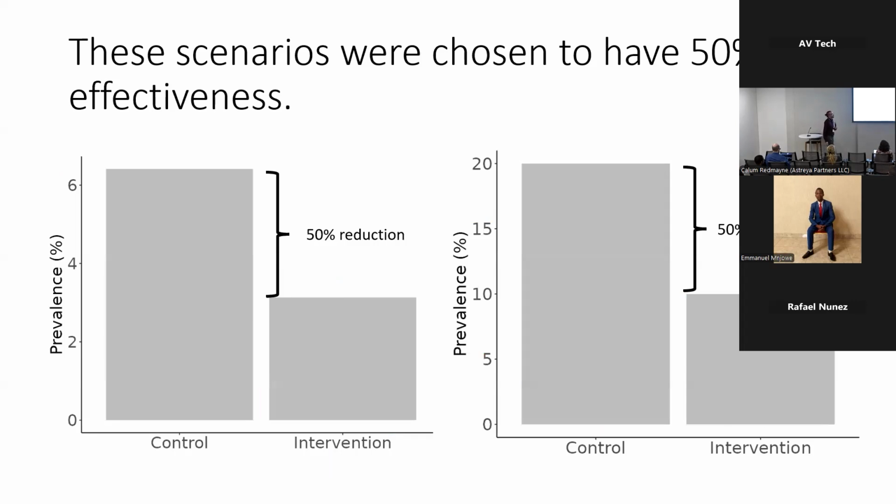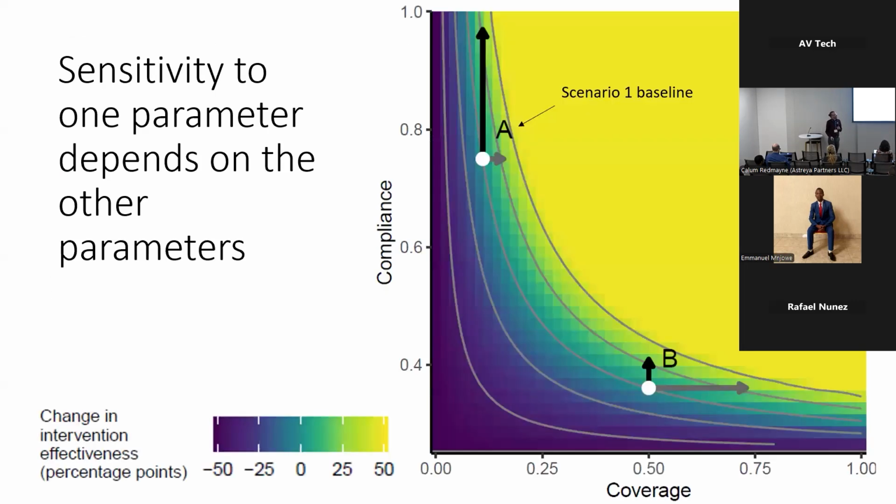They both have 50% effectiveness, but different baseline disease prevalence. So 6% baseline disease prevalence on the left, which after intervention goes down to 3%, and on the right 20% going down to 10%. And what we're going to see is that the sensitivity to one parameter is going to depend on the other parameters. If we look at point A, which is the scenario 1 baseline, in terms of coverage on the x-axis,